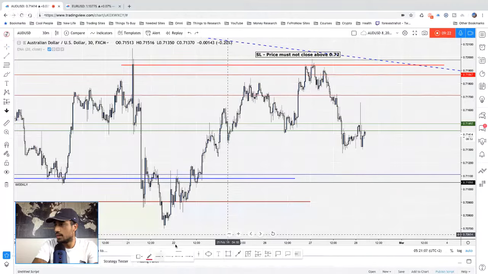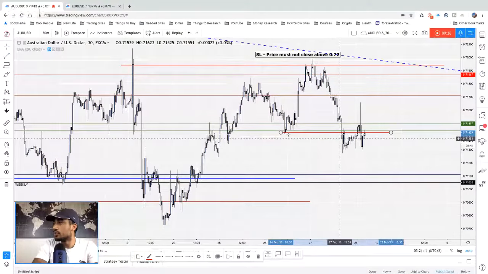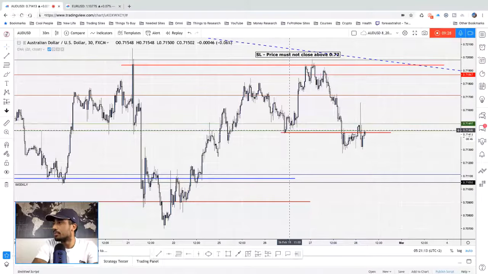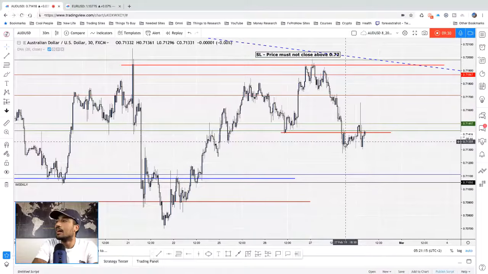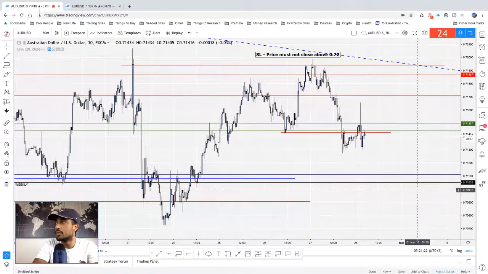We have the fact that price is closed under this last level of support over here, which is perfect. Again, what I'm saying is we may have a retrace, right? And then we're looking for the continuation of the downwards push to